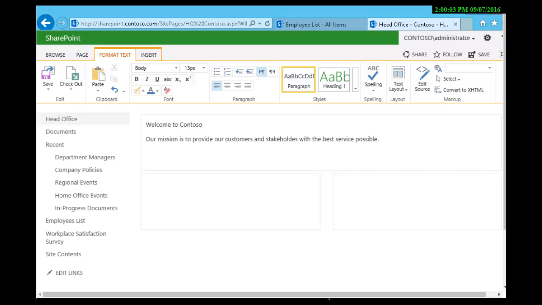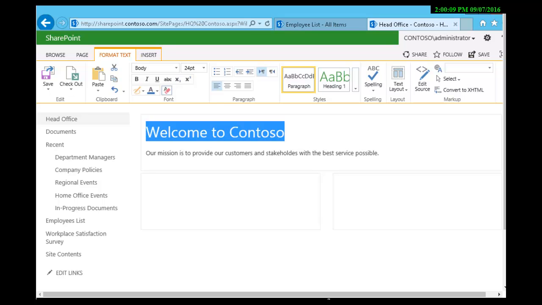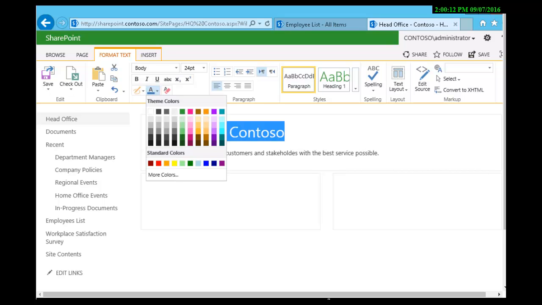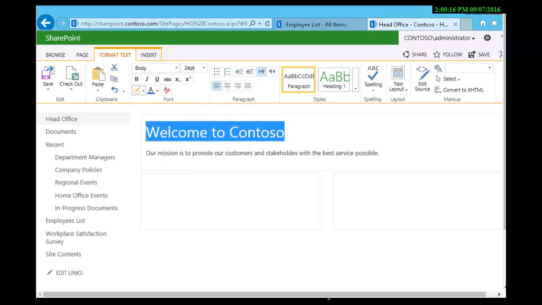Now, because it's text, notice under Format Text, I can make changes. And I can make it colored. And I think with our green and bold,